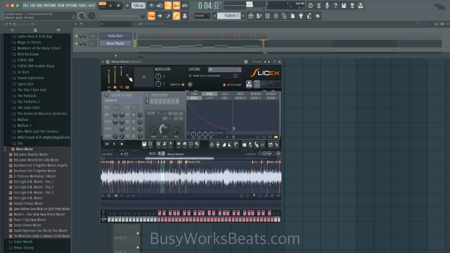We can even affect the pitch as a whole. Let's pull it up 300 cents. Now, the thing about pitching it up this way is that it speeds it up.